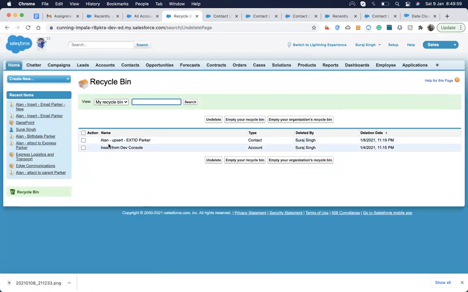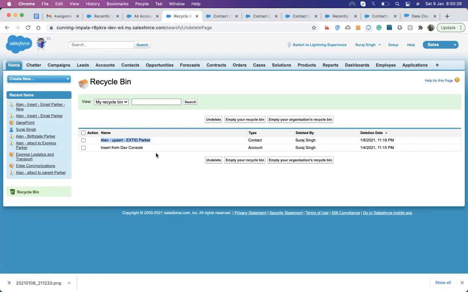You can see that if I delete a record, it goes into the recycle bin. There is a term in Salesforce called recycle bin. All the deleted records come up here in the recycle bin, where they stay for 15 days. After 15 days, Salesforce automatically empties the recycle bin.